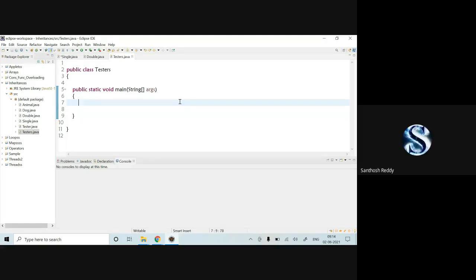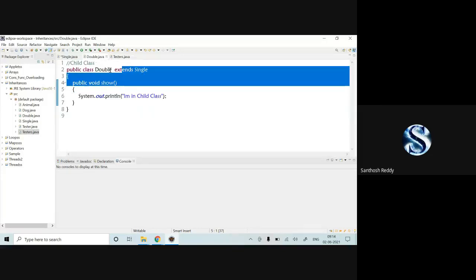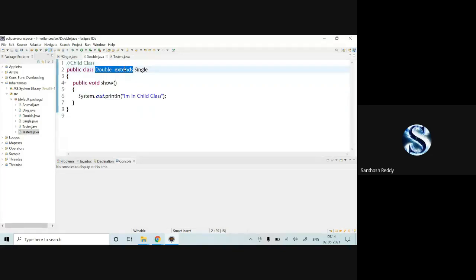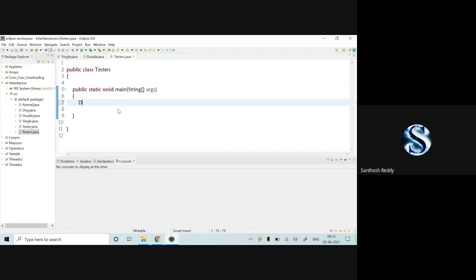Why we have to create a child class object is clearly specified in the double class. Double extends single, in the sense that all the properties which are present in single will be accessible by double. So if you want to access single directly, we can create an object for double. So double d is equal to new double.